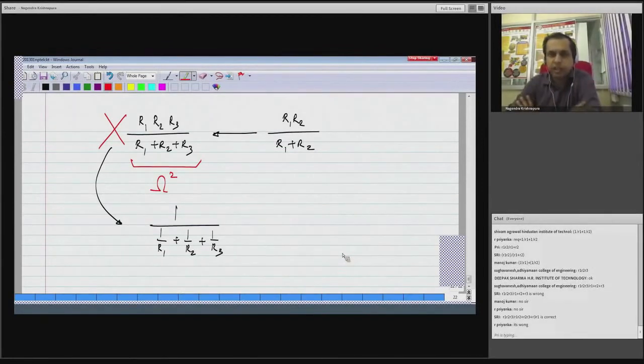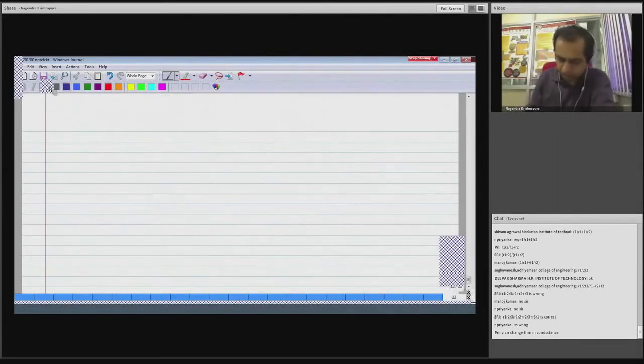So intuitively, it's easy to see that the conductances will sum up, and it's the counterpart of the series connection where the resistances will sum up. So these are the elements we have considered so far. Now next is